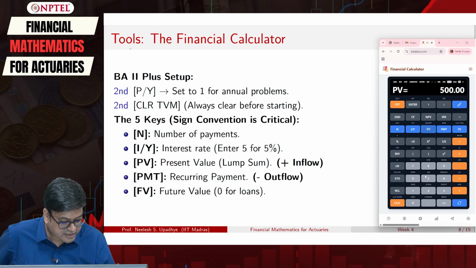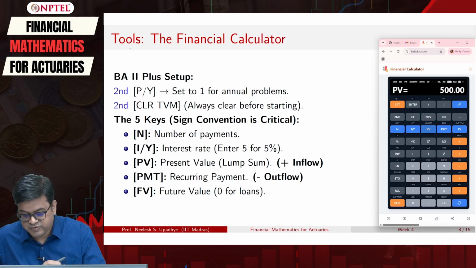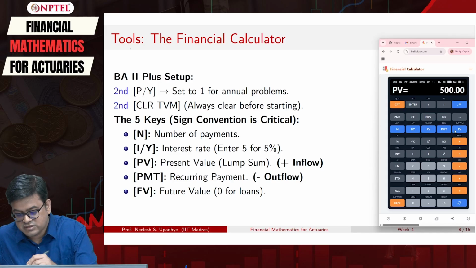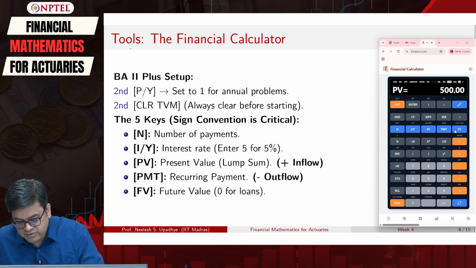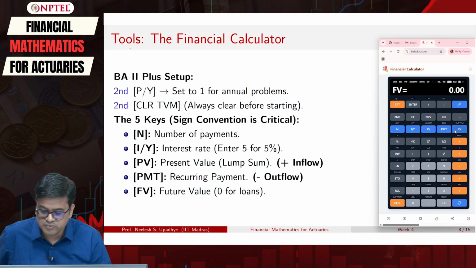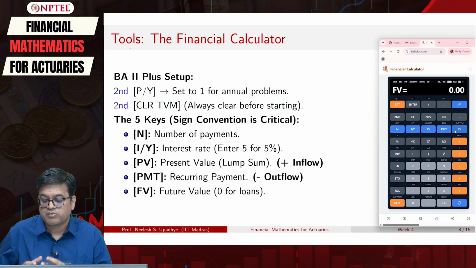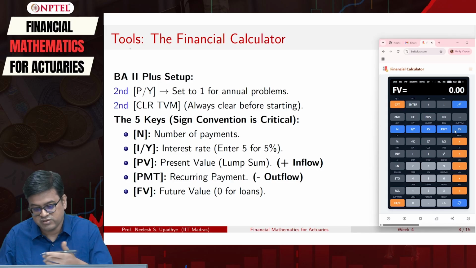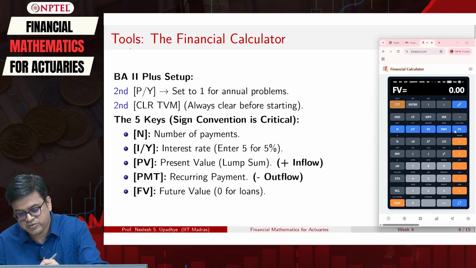Then I can tell you what should be the future value, and I say if the future value is 0, then if I want to add that future value, I will say this 0 and I will add it as a future value. And what do I not know? What is the cash flow that is coming out? So, that I can easily compute using compute PMT.